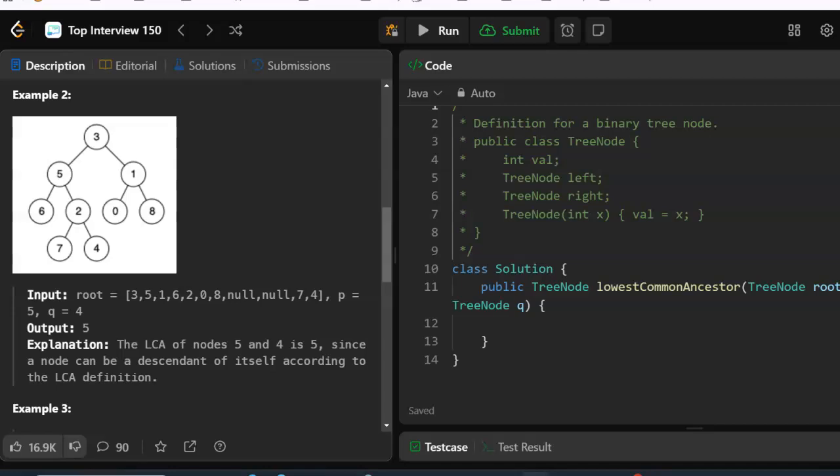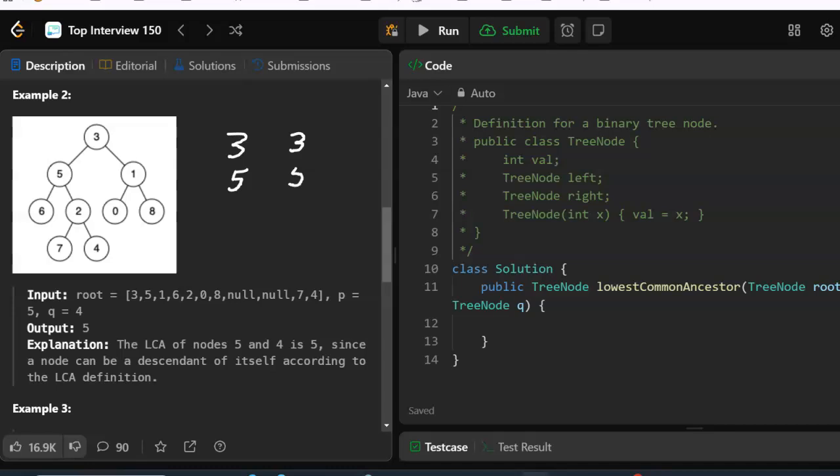One way to do this is not the way that we're going to do it, but I'll give you an alternative way of doing it. You can create an array, or, well, let's not say an array, let's say a list from the root to the node. You'll have two lists. So first we need a list from 3 to 5. So we'll start here. We've got 3 and we've got 5. Now we need a list from 3 to 4, and to get from 3 to 4, you would go 3,